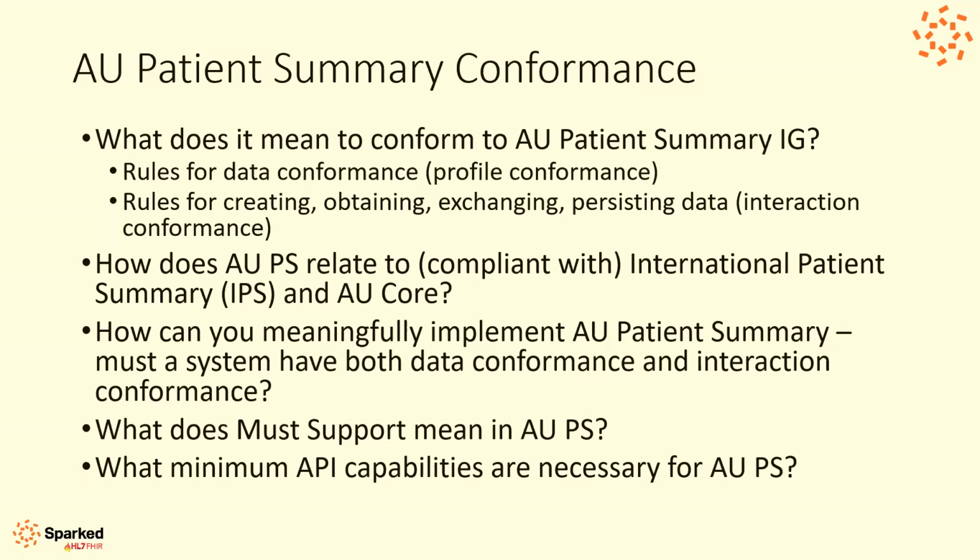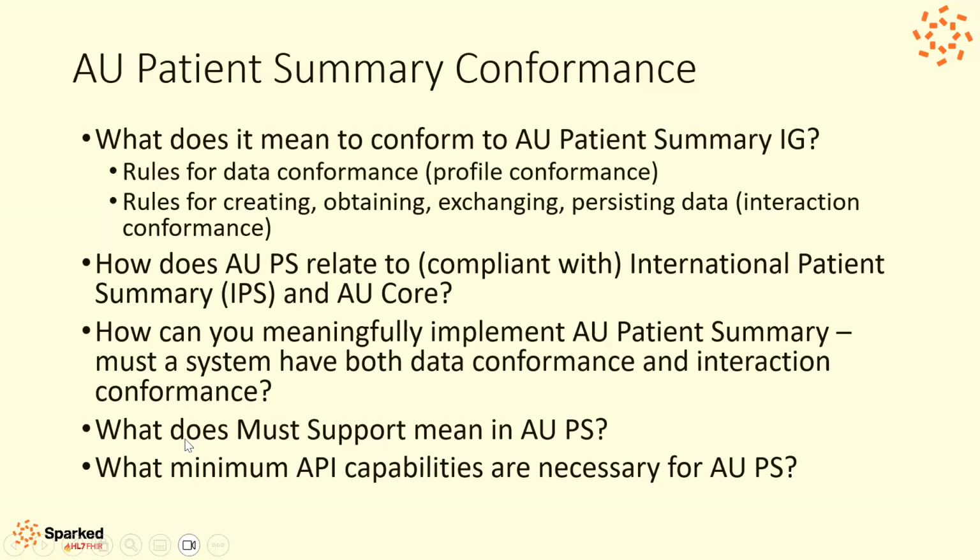So we're looking at 2 areas around what are the rules for data conformance, and I guess profiles are what we're talking about there. What are our data models, and basic things around cardinalities and value sets and those sorts of things. But then also there is this idea of must support, and what does that mean? So we have had in the past, in the context of AU core, some considerable discussions around what does must support mean in AU core.